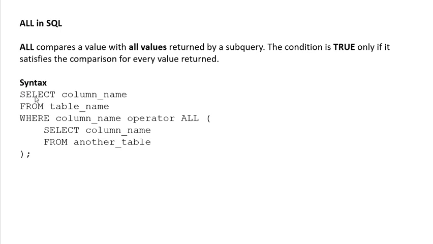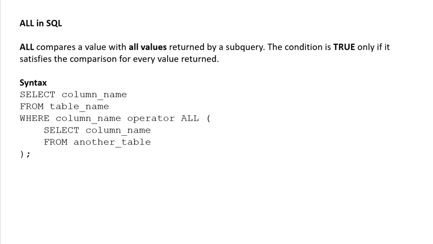The syntax is SELECT column_name FROM table_name WHERE column_name, and after that the operator, an equals or any comparison sign, and then ALL, and inside the subquery SELECT column_name FROM another_table_name);